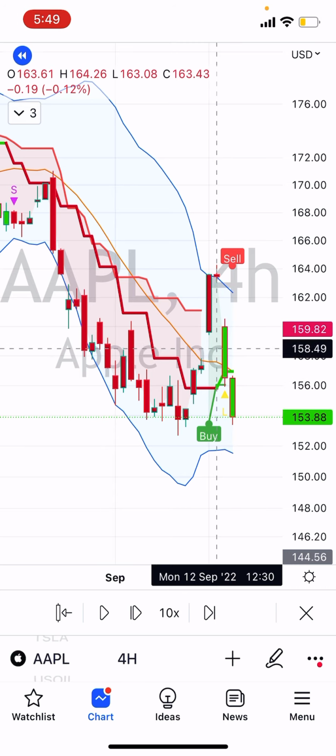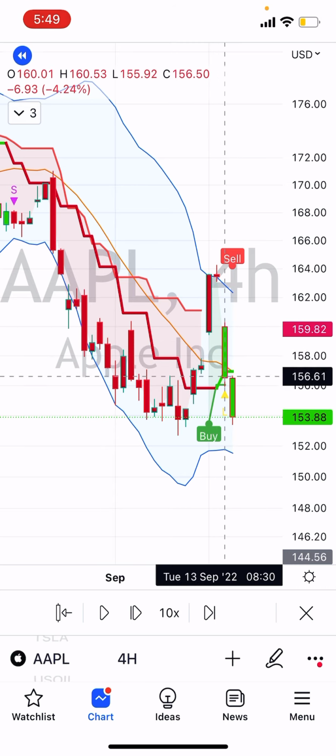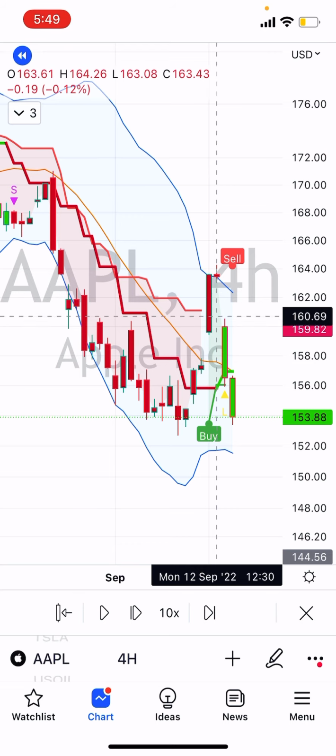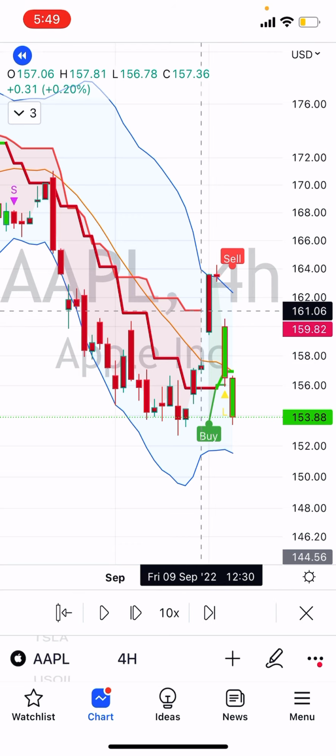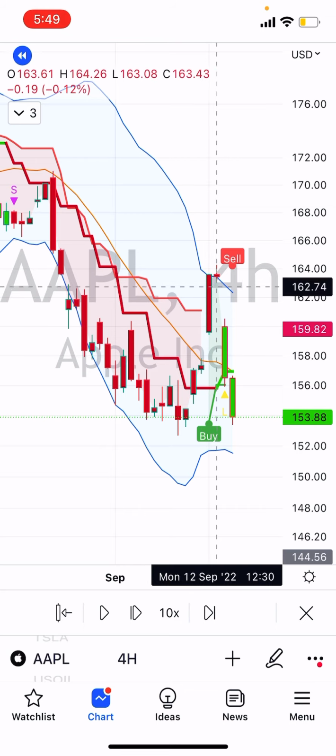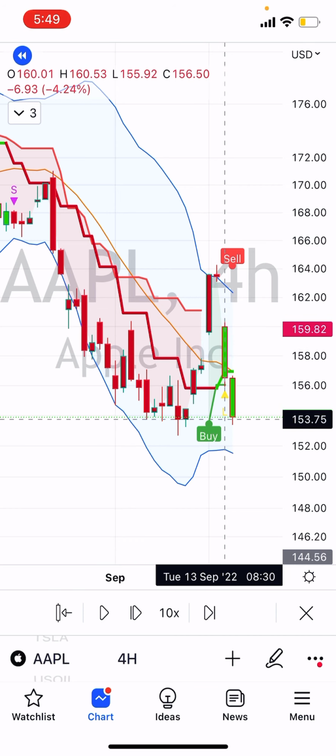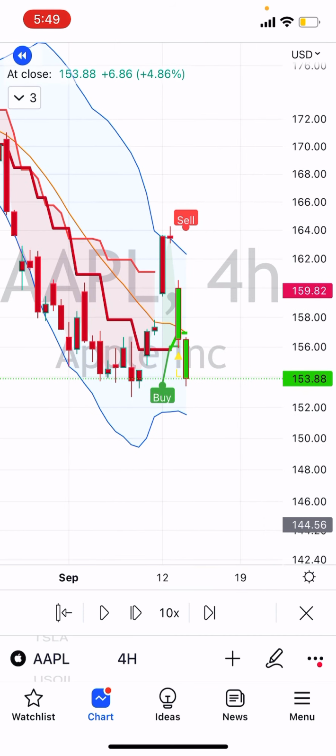So this green candle initially is actually a sell candle, and this red candle is actually a buy candle. Why? Because price action doesn't work like that. It's just the indicators coloring the candle saying it's buying, but it's actually selling. Okay, so now we're going to look at the